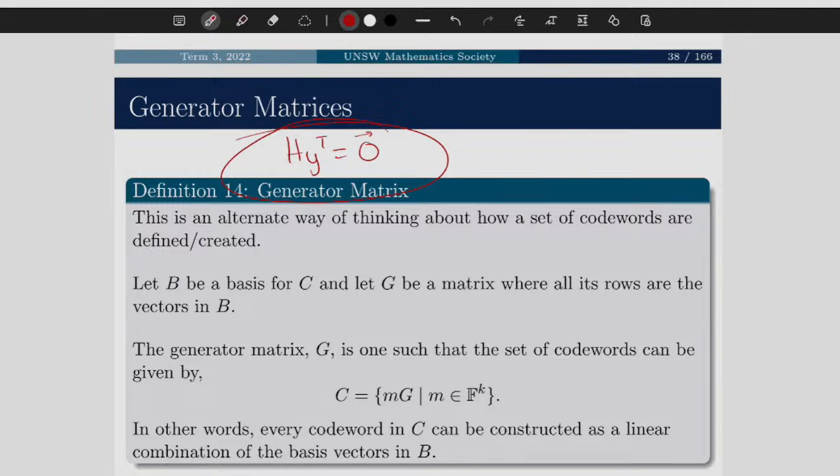And the generator matrix is just a different way to represent this. So instead of having this syndrome, what we're essentially saying is that every row in the generator matrix is a basis for every single code word, right? So if I had, let's say this, then I would say that the bases are 1001 and 0101. And from that, my code word is going to be any linear combination of these guys, right? Super slay. I know that that's kind of hard to visualize right now, but we're going to go through some examples.